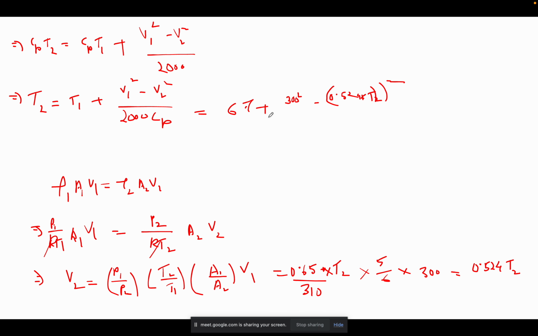whole square divided by 2000 into 1.001. Okay, so solving this, what you will get here, T2 will be approximately equal to 355 Kelvin. Okay,